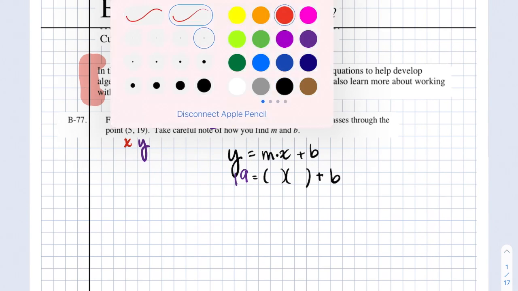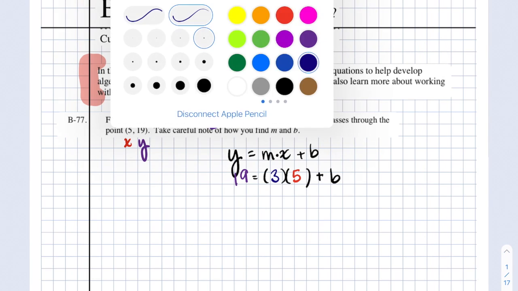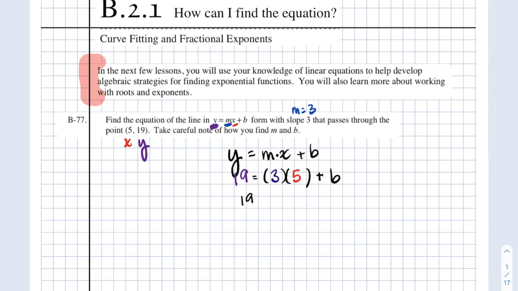So my x is going to be a 5 and my m is going to be a 3. So I know it's going to continue being 19. 3 times 5 is 15. We're going to bring down this b. I want to get the b by itself because that's what we're trying to solve for. In order to get a linear equation, we need the m and the b. The m was already given to us, but we need to find the b. So in order to isolate the b, I need to get rid of